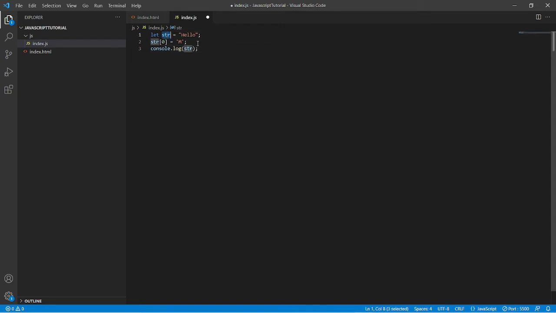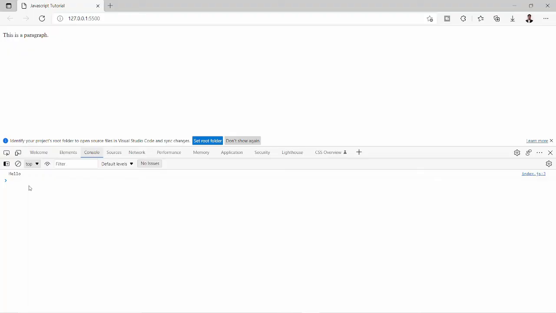We declared one variable called str and assigned it the value hello, and then we tried to modify the 0th index character with a capital M. So the expected output of str should be capital M ELLO, mellow. It doesn't make any sense, but let's see what it prints in the browser.